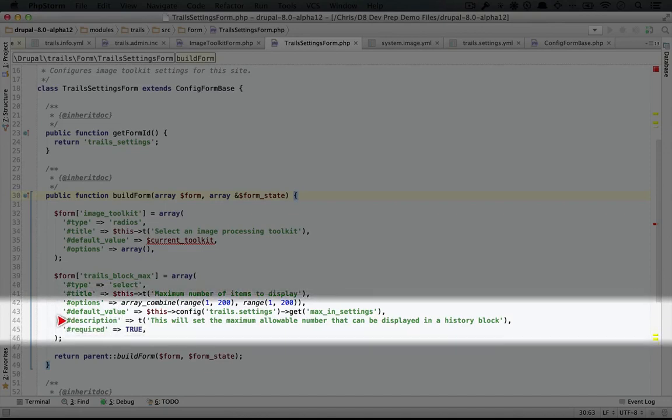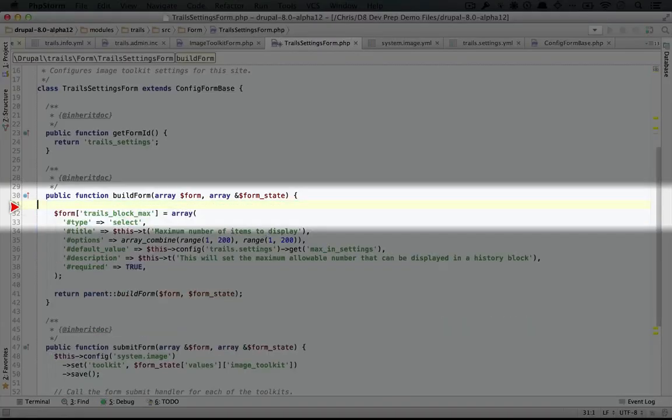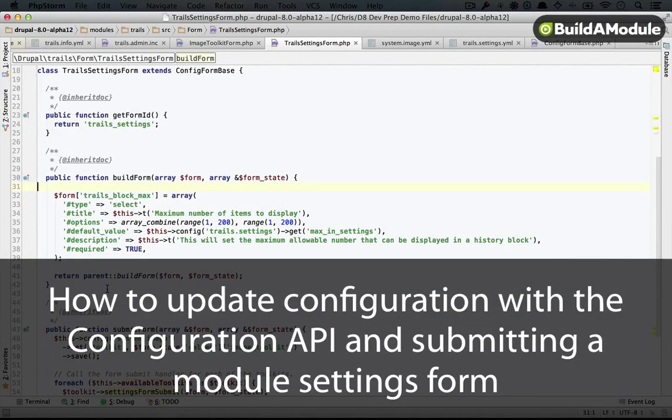Let's save it. And finally, let's check out these two. We have description, and we're using T again. So let's copy this T and paste it down here. And then we have required true. So everything else pretty much looks in line, as far as we can tell right now, with the way the Form API works in Drupal 8. So I'm going to remove this original input,